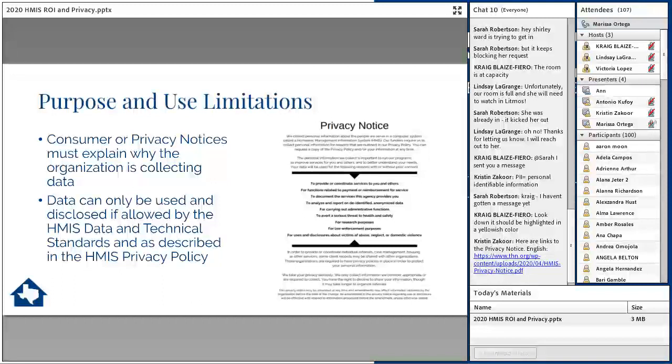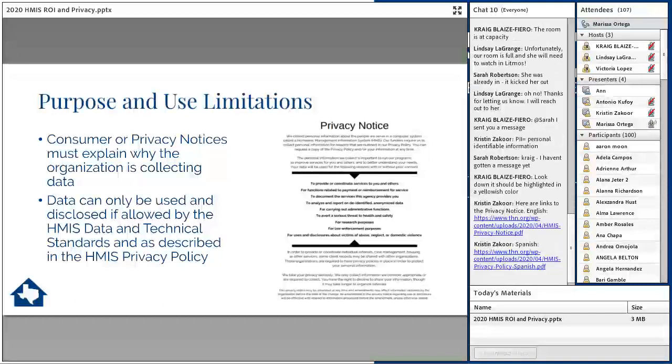The notice, because it describes why and how the client's information can be used, may infer consent for those uses, eliminating the need for written consent to put client data into HMIS. However, if your organization intends to use the data for purposes not stated in the notice, then you need either a written consent from the client or proof that its use is a legal requirement. In other words, with the proper privacy notice, your agency does not need written permission to collect HMIS data. However, you do need written consent in order to share that information in HMIS.